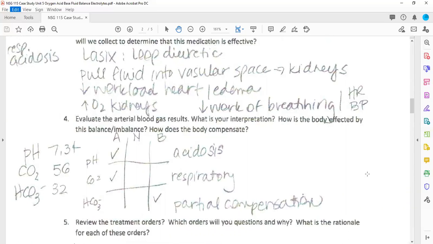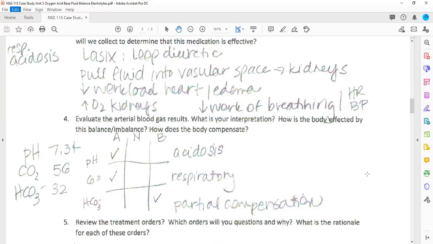And this is truly where I broke it down into pH, CO2, and bicarb. I use the tic-tac-toe method, and I really suggest it. I caution you if you're just writing an arrow next to the pH, CO2, and bicarb in the problem and saying, is it elevated or decreased? Because remember, CO2 has an inverse relationship with pH, which means that it's going in the opposite direction. So you want to think really hard, not just about is it elevated or decreased, but